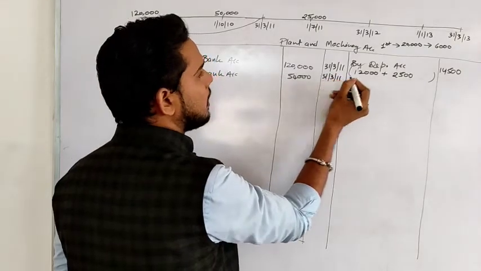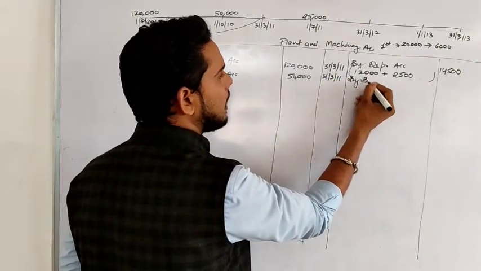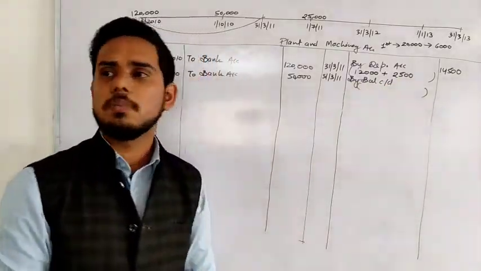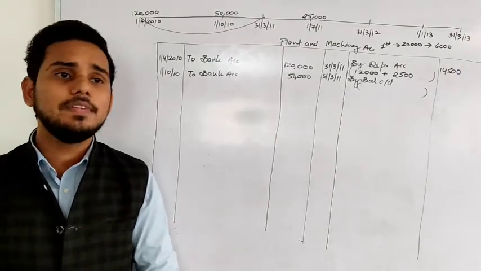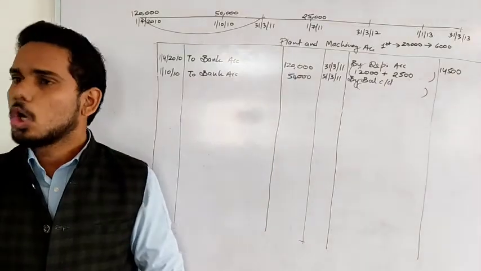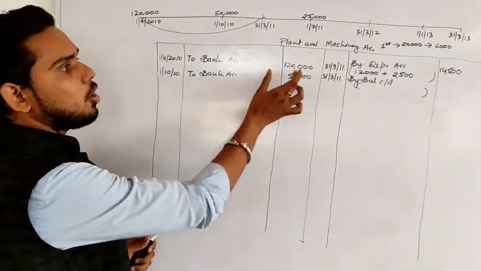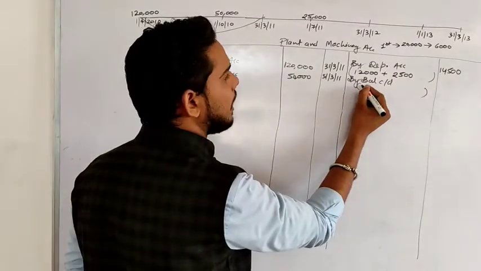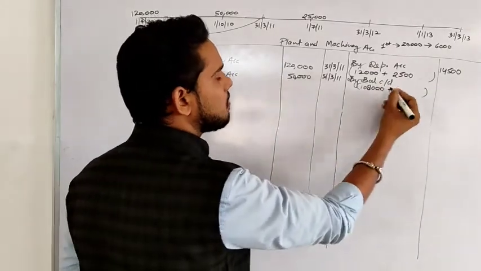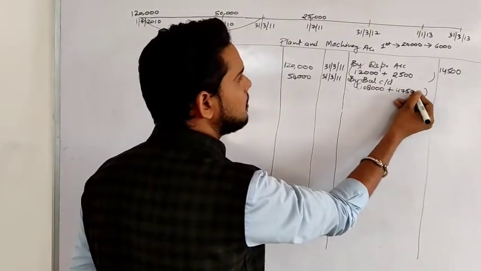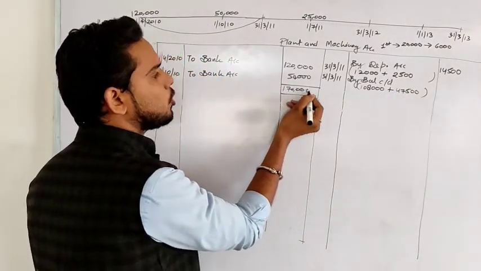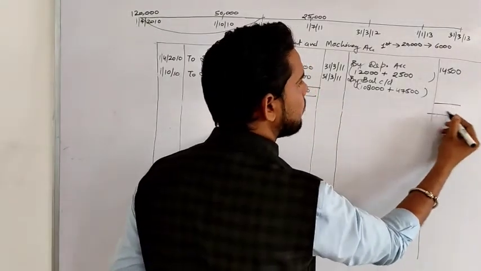Now on the same day, we can close the account and we can find the closing balance by writing "by balance c/d". Now finding closing balance is very easy. All we have to do is deduct the respective depreciation from their cost. So the first machine was having a cost of 1,20,000 and depreciation charge is 12,000. So current value will be 1,08,000, plus second machine is 50,000 minus 2,500 will be 47,500. Now this side total will be 1,70,000. So total of credit side should also be 170.